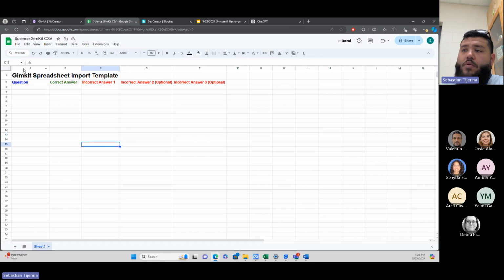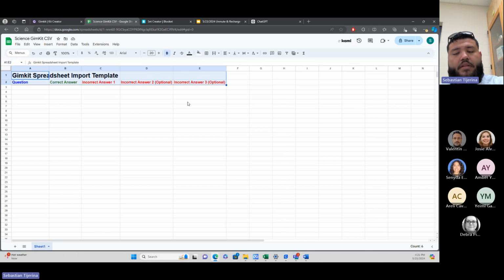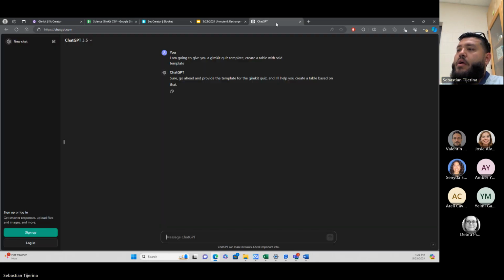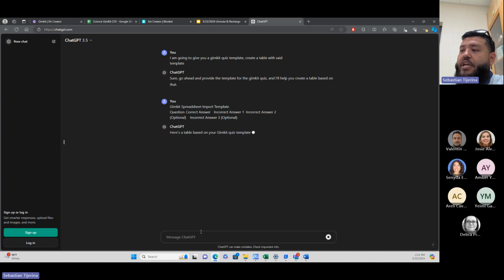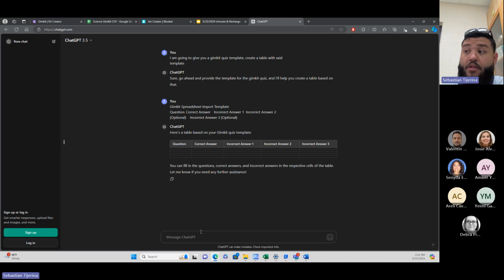So from here, here's where the fun begins, right? We copy the top of the template, the columns and the title, right? Come back down. All we got to do is paste it here, and ChatGPT does the work for me. ChatGPT has now created a table. Okay, so now ChatGPT has that information stored within the chat that I've created,